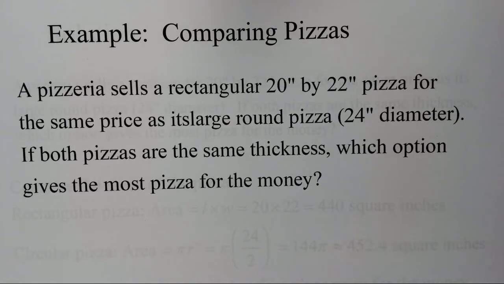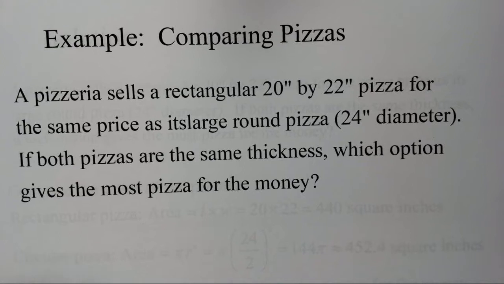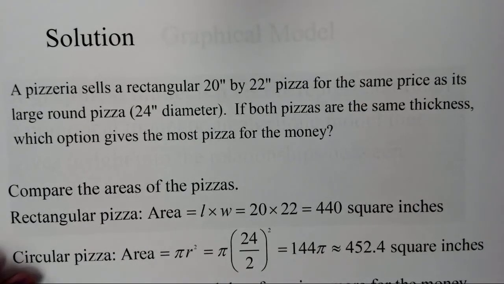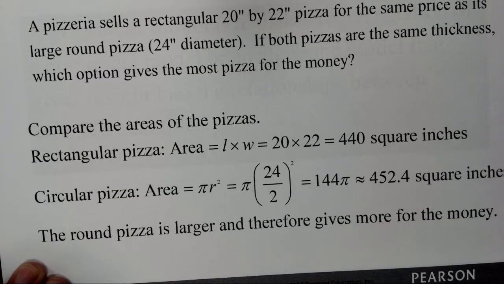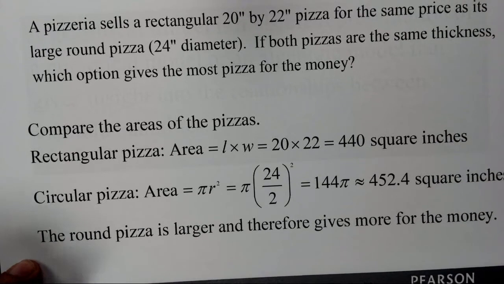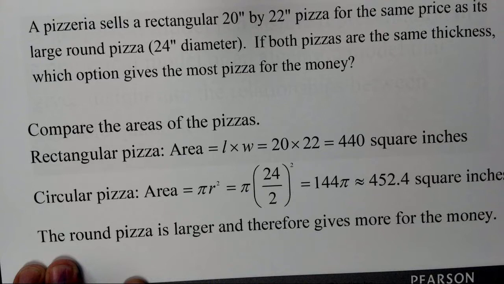So I need to find the area. Why the area? Because we know they're the same thickness. So if I figure out how much area I have, because they're the same thickness, will the bigger area give me more pizza? Okay? How do you find the area of a rectangle? Length times width. How do you find the area of a circle? Pi r squared. So length times width is 440. Pi r squared is 452.4. So which pizza should I buy to get more pizza for my money? The